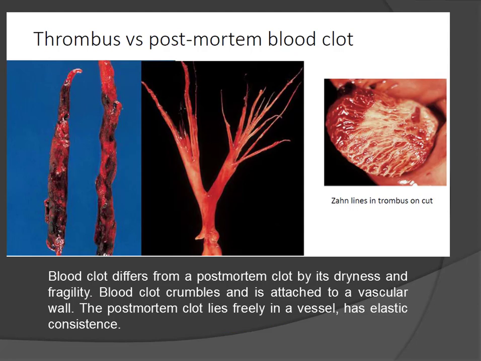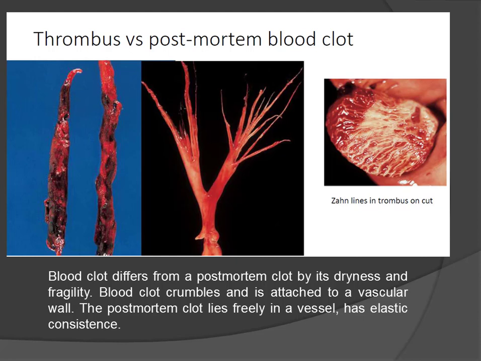Differentiation between antemortem thrombi and postmortem clots. Thrombus and postmortem blood clots can be distinguished microscopically. Thrombus is dry, rough, dense, and crumbly. It's usually connected to the vascular wall,